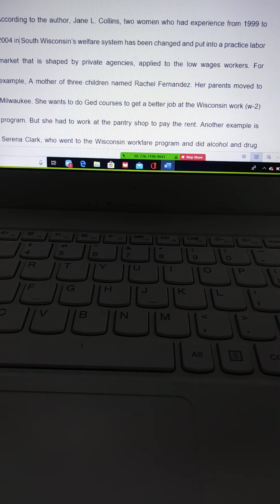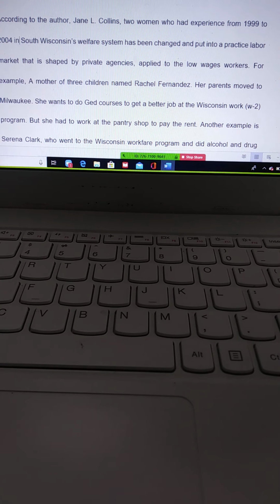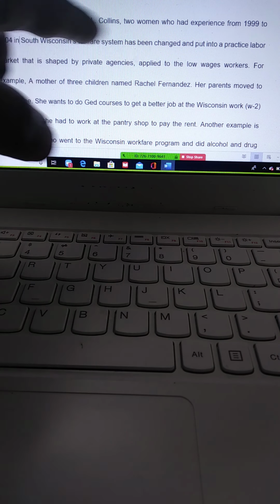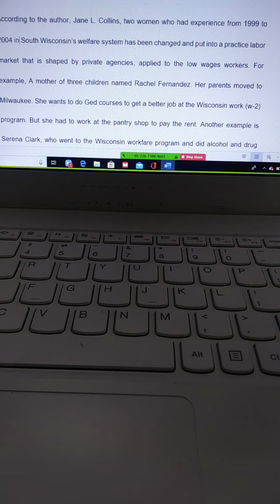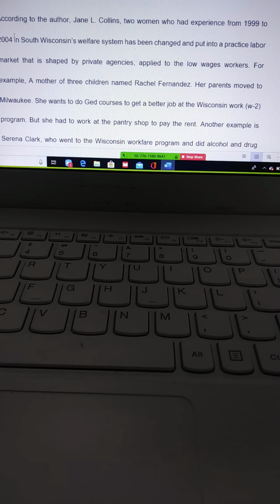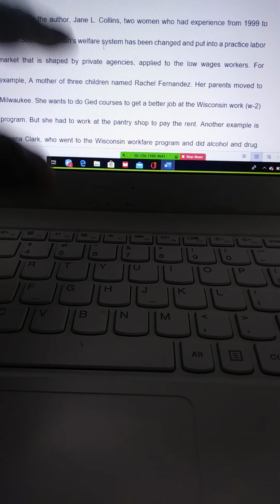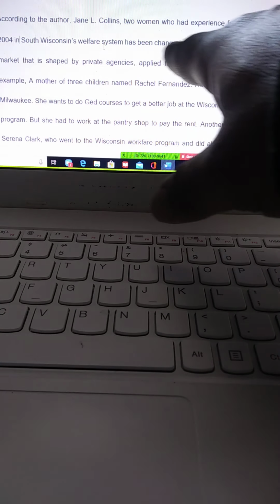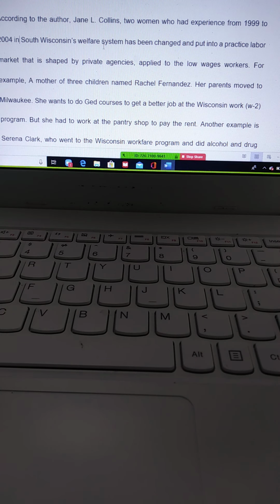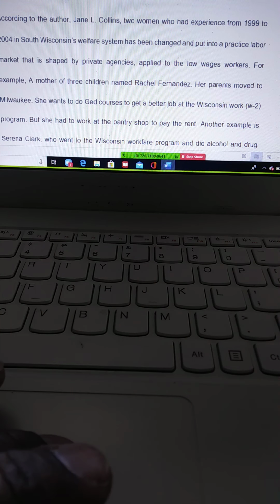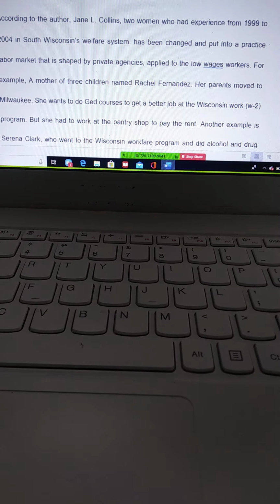And I think because you're cutting out that middleman, you have to, when you're reading that article, again, apply it. It looks like you have the who, what, when, where, how, and why here, or most of it, but you're leaving out a lot of it, and then when you explain it to me, it's all there. So let me see. Two women had experience in South Carolina's welfare system. And right, because here you're talking about the two women and their experience in the welfare system, and then you just switch over to has been changed, but you don't... welfare system, and then I would maybe just put a period, and then